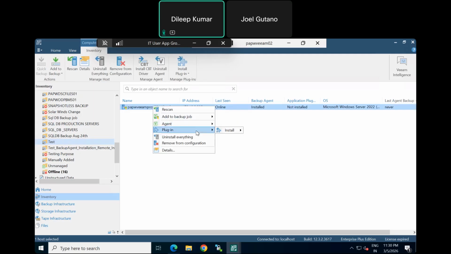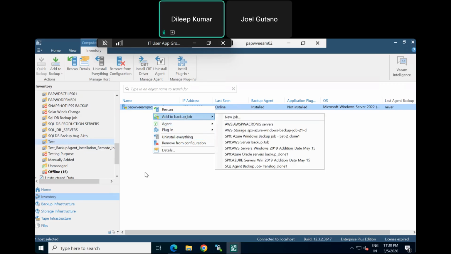And if you want to install any other plugins, like the application plugin you mentioned, if any Oracle application or SAP HANA is running on that particular physical server, you can install that application plugin as well. That's how the option shows. So if we want to take this server into the backup, this particular